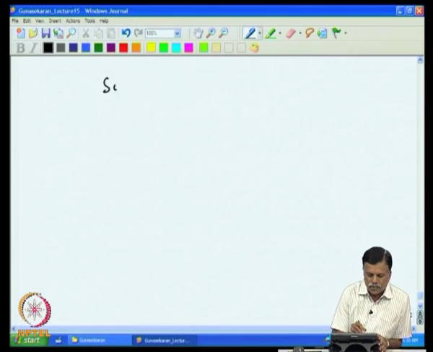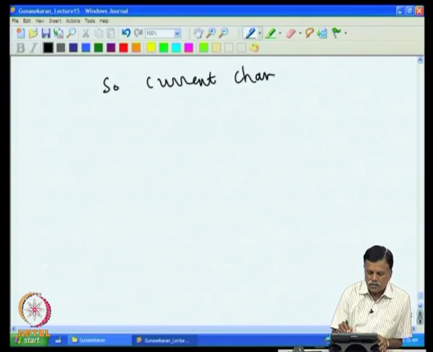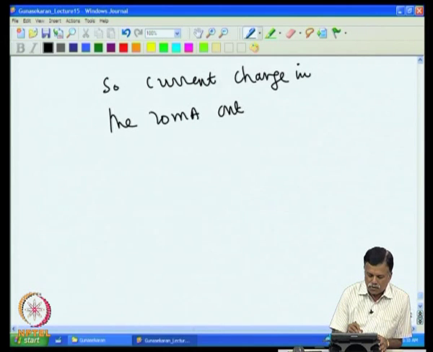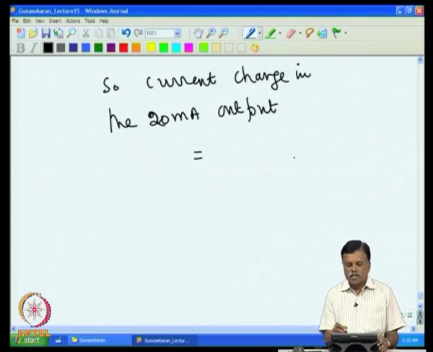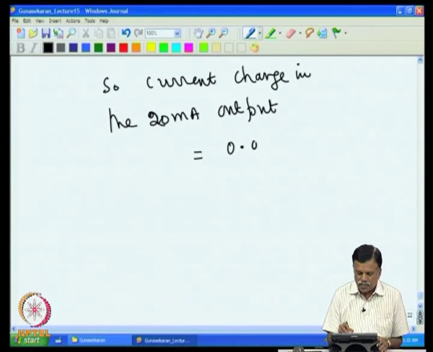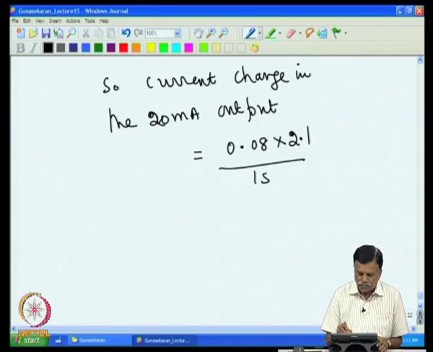So, current change in the 20 milliampere output. Output will be, because we got 0.08 milliampere for 15 millivolt. So, we can also find for 2.1 millivolt, that is the expected change. So, you get